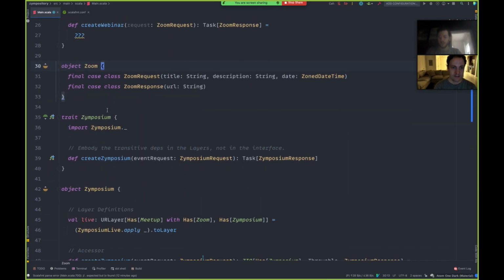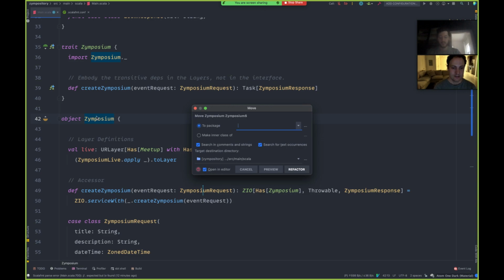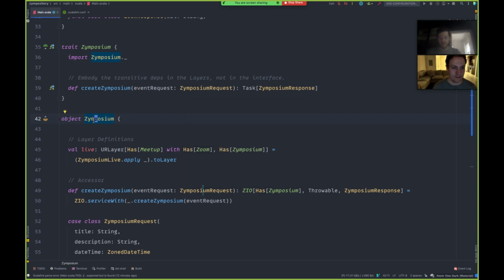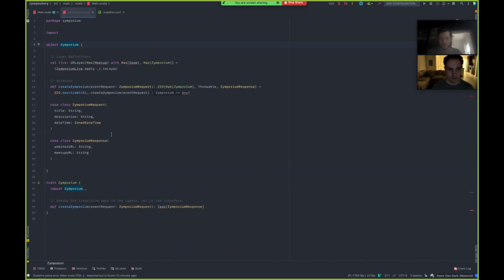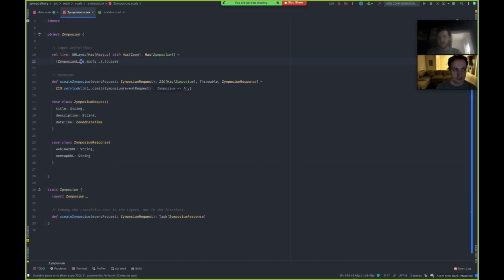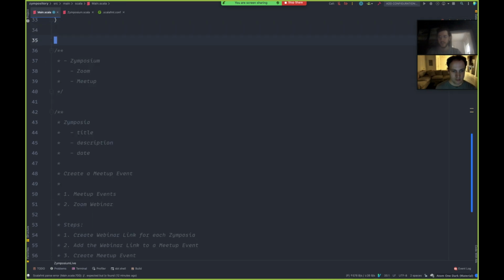Yeah. So one thing is in terms of cleanliness, I think I'm going to move out of this. One thing with IntelliJ, I have the separate files. Ooh, yeah, and use IntelliJ magic. Nice. Yeah, there's just a little command that I can just move this. So I'll move this to, I guess I don't even have a package yet, so I'll put Symposium inside of Symposium, and it'll prompt me to create the package, and hopefully it does this correctly. It should move the trait. Yeah, it did. It moved the trait. It did not move Symposium Live, but that's okay. I will carry this over there manually.